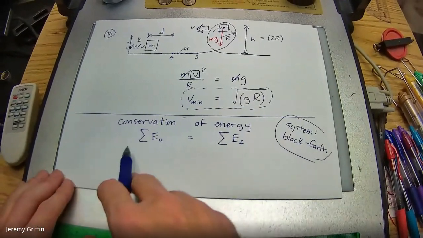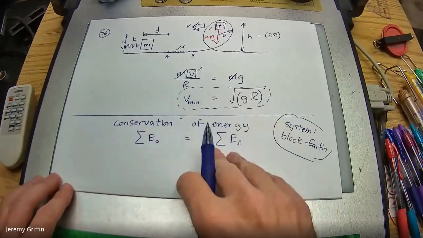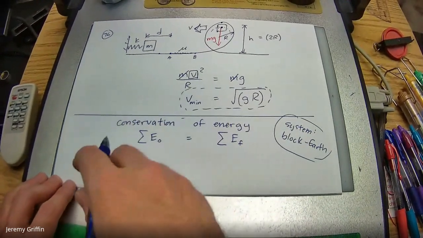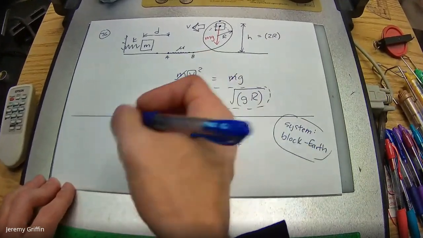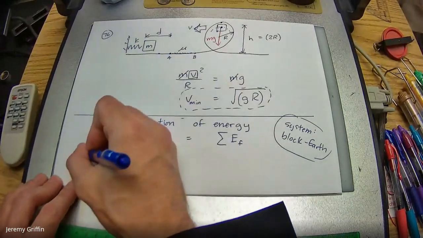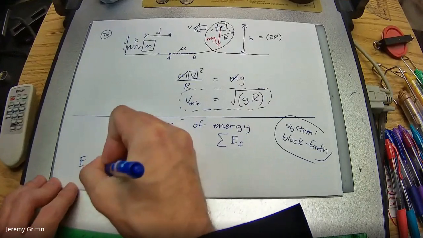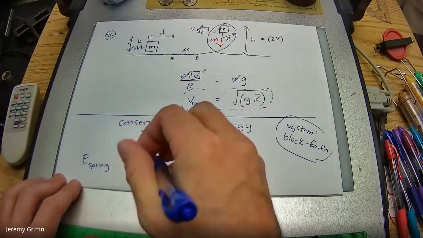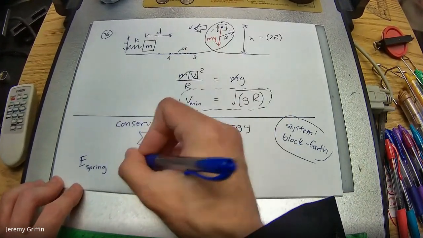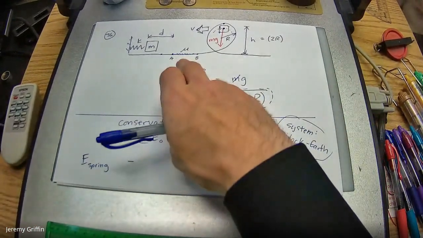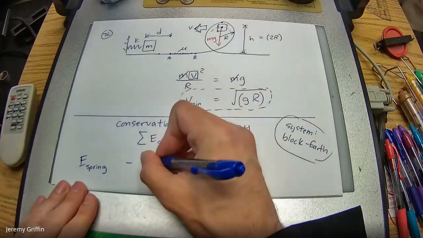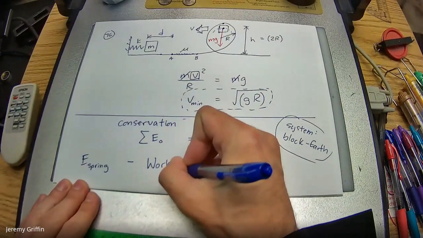So here's what a conservation of energy setup would look like. We're going to start with some simpler ones next week, and then we'll build up to those. But here's what this one looks like. I think you guys will be able to get this because you guys are pretty sharp. Here's some energy stored in the spring. Whatever that would be, and I'm about to show you guys what that is. Then when the block goes over this rough patch, it loses some energy out of that system. Now the energy doesn't disappear, but it leaves this system and goes into probably thermal energy or something. So I'll say minus work done by the friction.